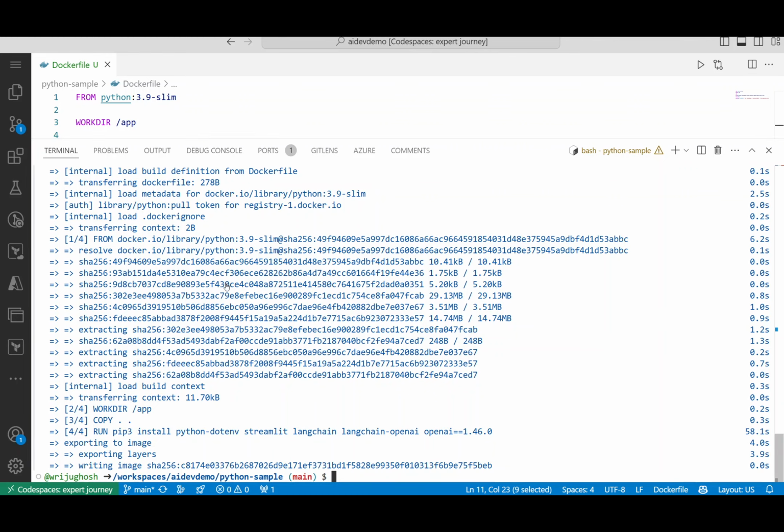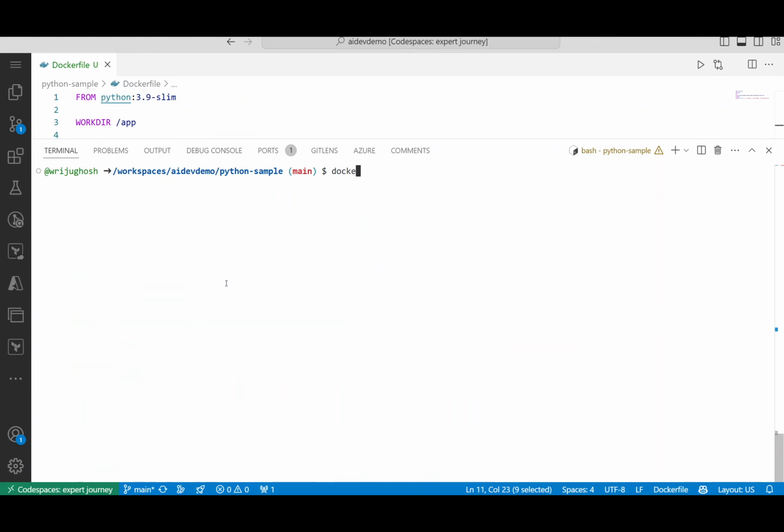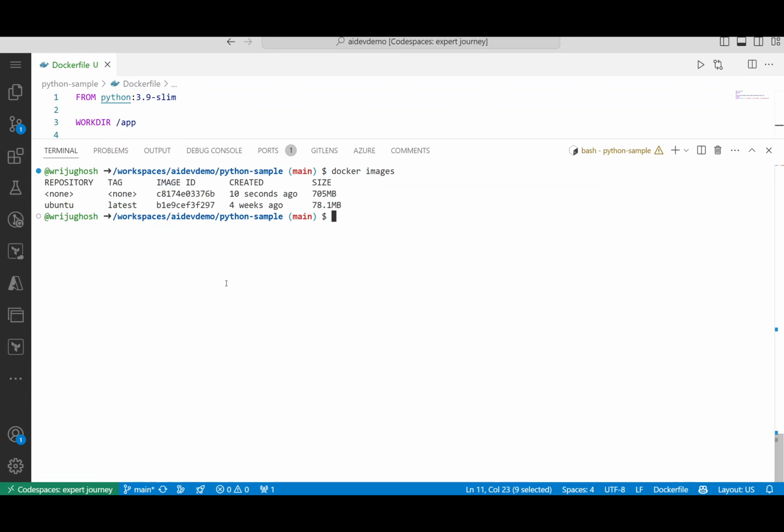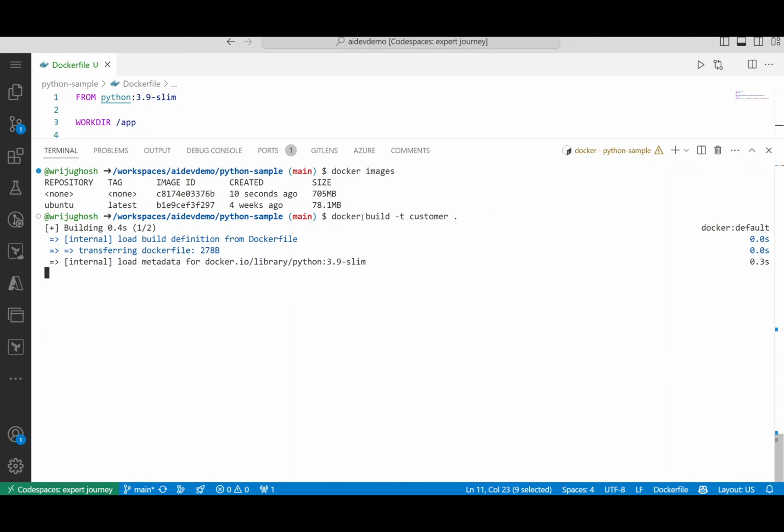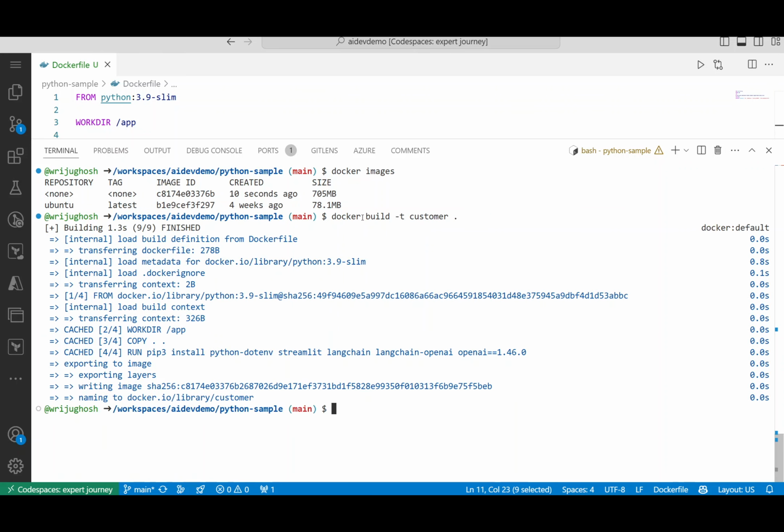It's done. Let me clean it up, and I say docker images. You will see a second image which has no name because I have not given any name. Now, if you run this Docker command a little bit differently, let's say docker build, and instead you say -t, where you mention the tag as customer, and then on enter, it's going to go ahead and not run everything because it has the same Docker file which was